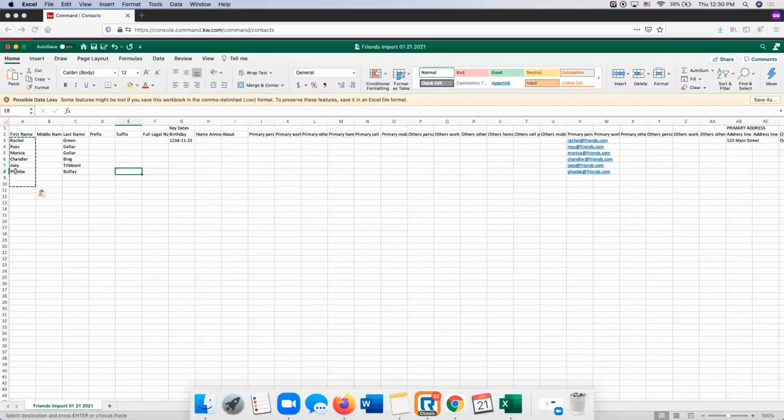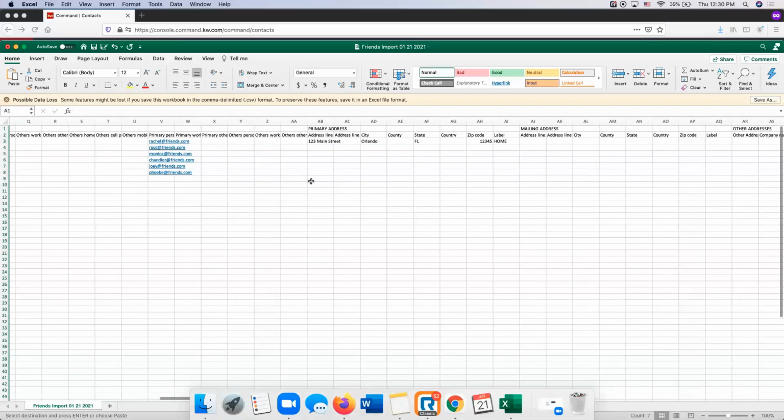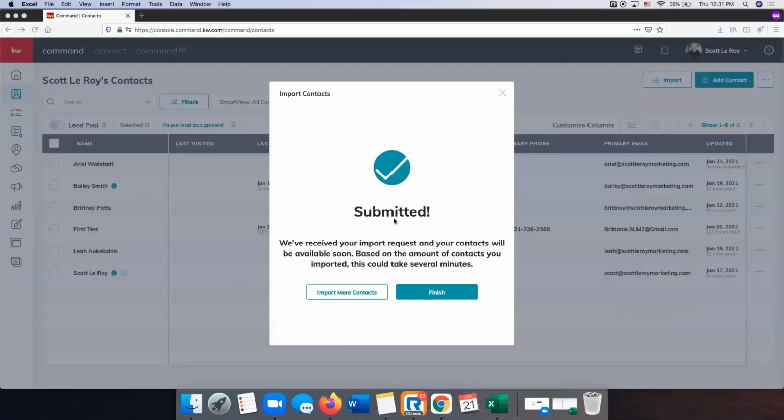If you don't have first and last name separated, you can put the entire name in the first name column, and same sort of thing for address. If you don't have this address fully separated out, you can put the entire address in the address line 1 column. So just some tips and tricks. If you guys are working on your list and you have any trouble or encounter any errors or just want some pointers, definitely reach out to us and we can help